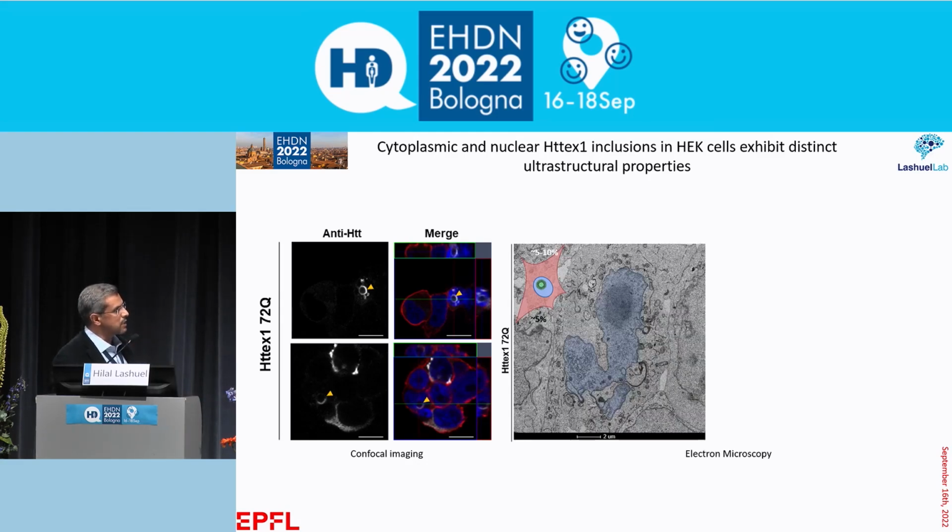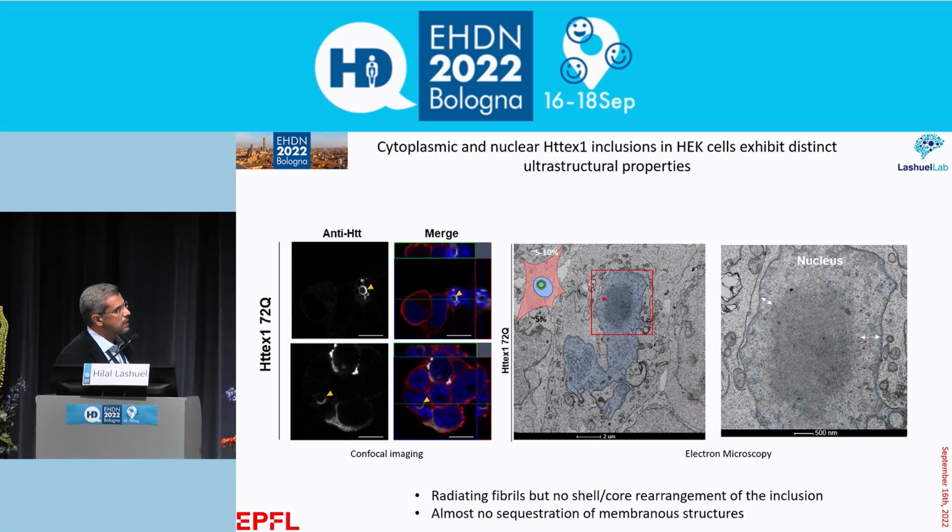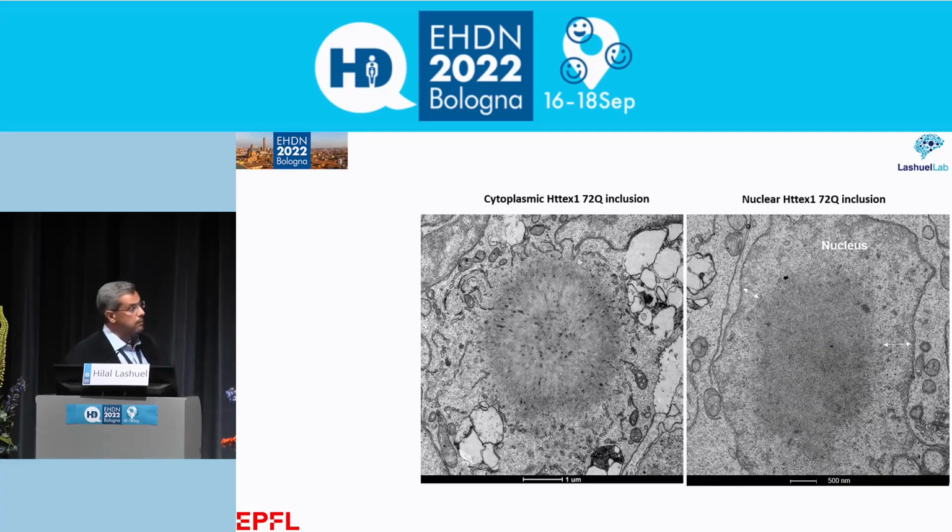And we did the same experiments, and what you could see is that the nuclear inclusions are also different. They are composed primarily of these dense fibrillar structures that are compact together. They don't have any lipids or organelle components with them, and they're basically distinct, suggesting that Huntington inclusions in the cytosol are completely different than in the nucleus, and that the cellular environment is an important determinant of the biochemical and ultrastructural complexity of the inclusions.